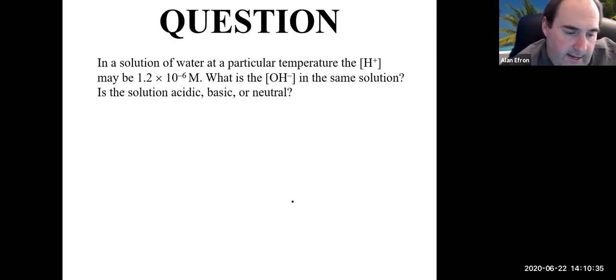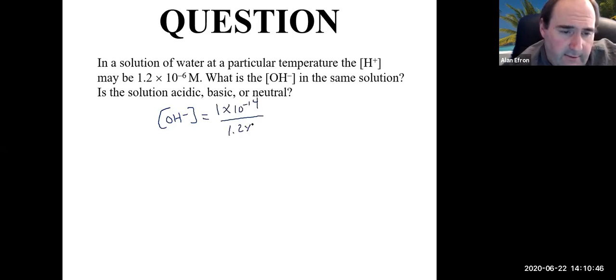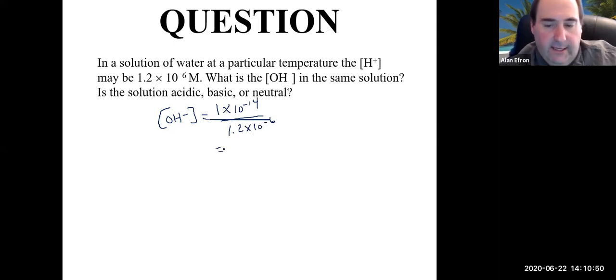All right, so pretty much same calculation here. We're going to take our OH minus is equal to 1 times 10 to the minus 14. We're going to divide it by 1.2 times 10 to the minus 6. Again, we want to make sure that we do use our exponent button here. And if we punch that in, it looks like we end up with 8.3 times 10 to the minus 9 molar